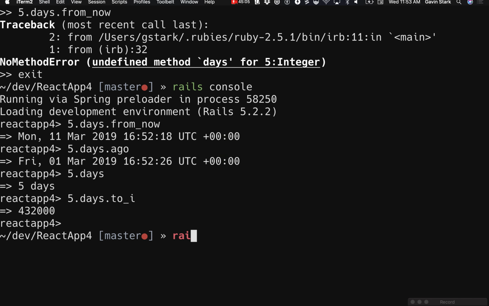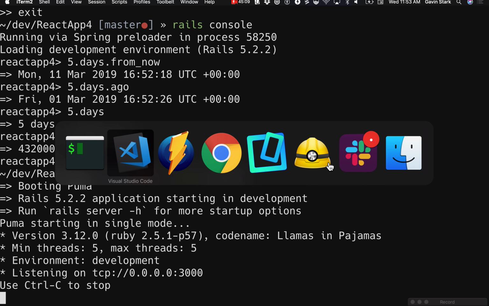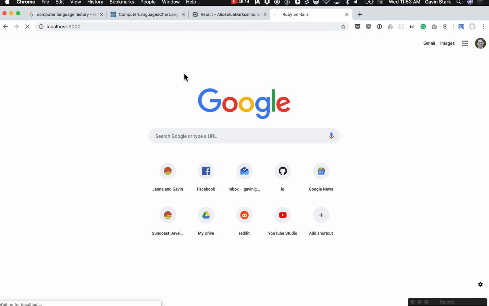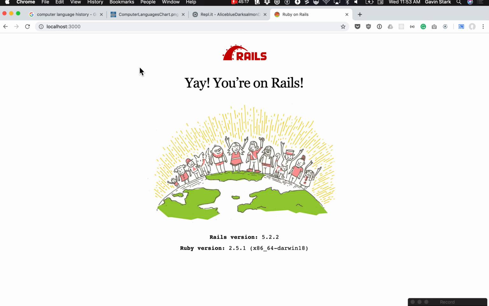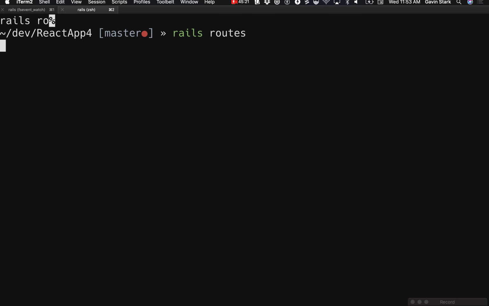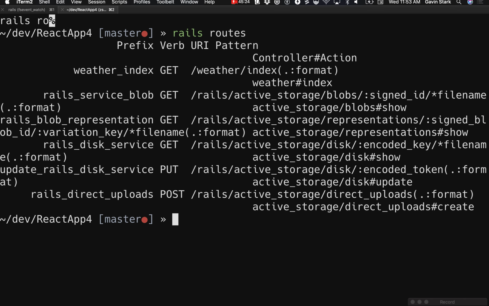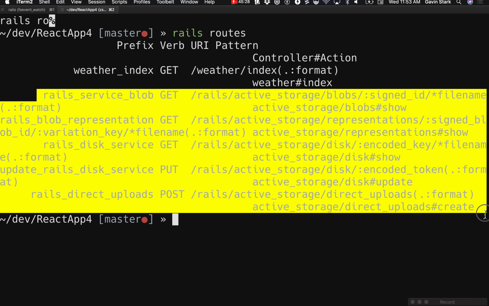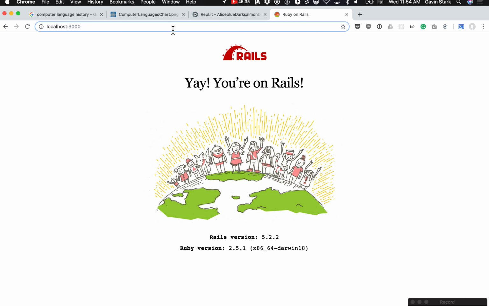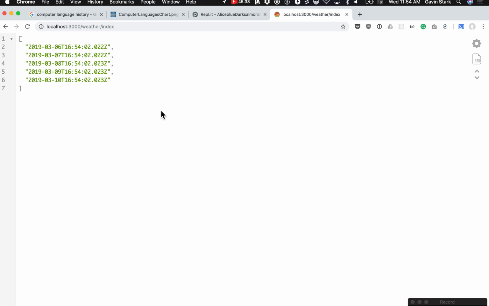So if I run my server, just like React, we have a localhost 3000. But this is just a, hey, Rails is working. If I want to know what URLs are in my app, I can type Rails routes, and it tells me all of the things it can do. Ignore these down here, they're for something else. But it says, hey, I have a weathers/index that I can go to, and I get